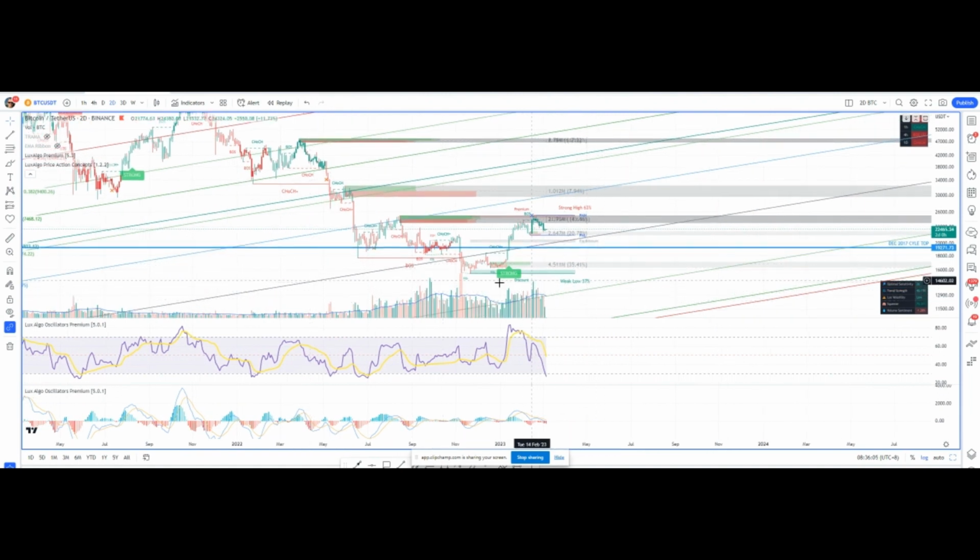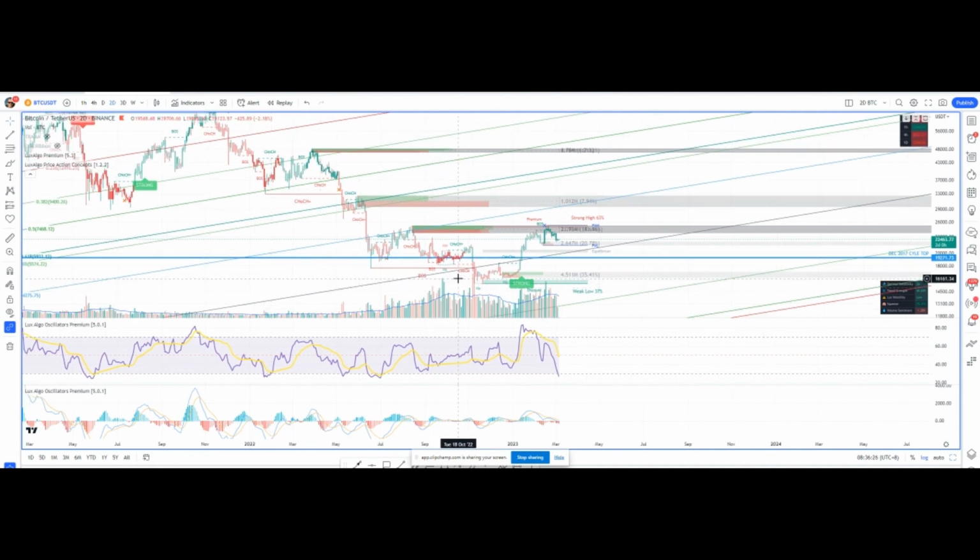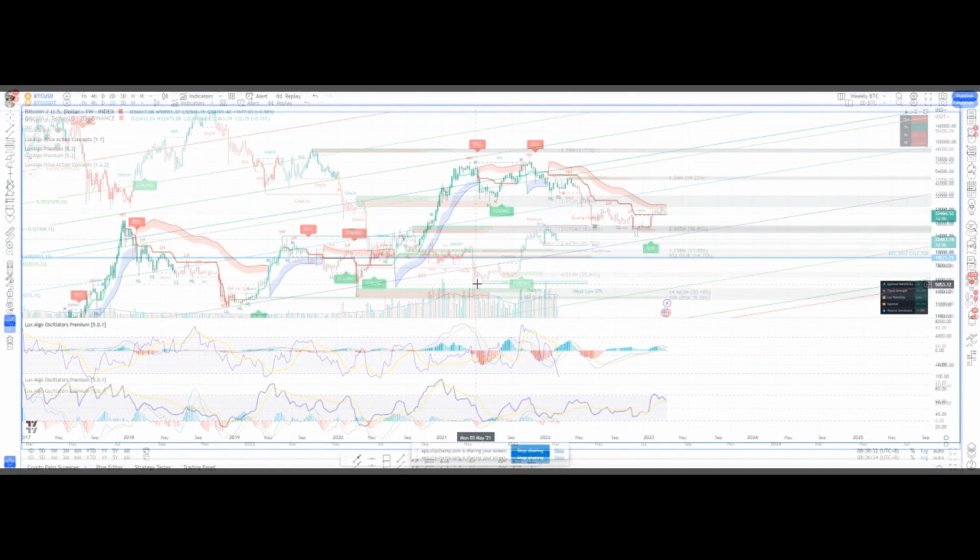That's why I really personally like looking at these 2-day charts combined with Lux Algo and the buy and sell signals, because these ones are really accurate. But keep in mind, it's different for every currency. So if you look, for example, at Ethereum, it might not work on the 2-day chart, something else. But if you go at Bitcoin, it just works very well. So that's pretty much the 2-day chart. Let's have a look at the,